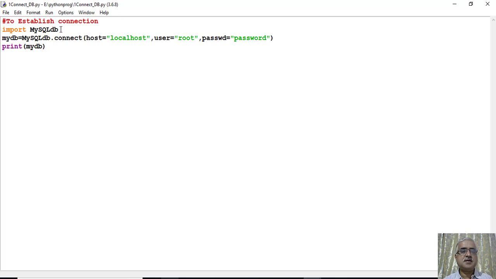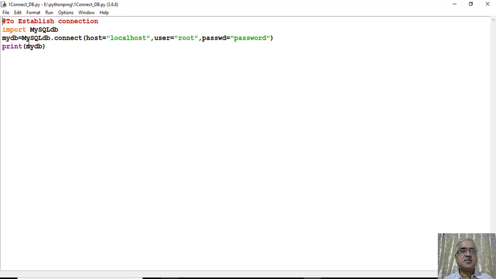This is needed because all the database connection functions are found in MySQLdb, and to run the connect function we have to import it from the MySQLdb module.